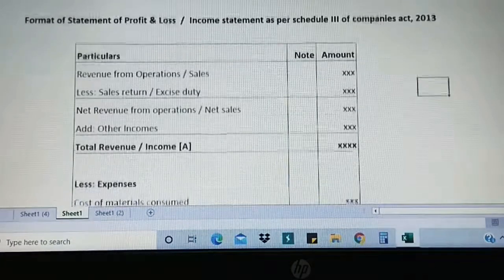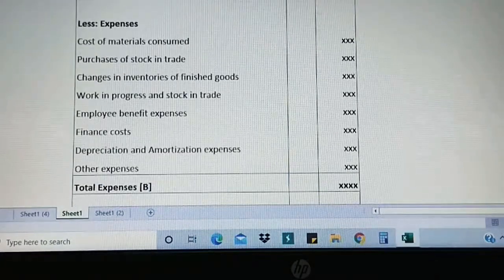Now, this is the first part which we have to know. Next, going for the second part, it's related to expenses. So we are going to go for total B now. Whatever the expenses related to your business, let us see how it is. Cost of materials consumed. So if you have spent on the purchase of materials for selling them, that has to be treated as expenses. Then purchase of stock in trade.